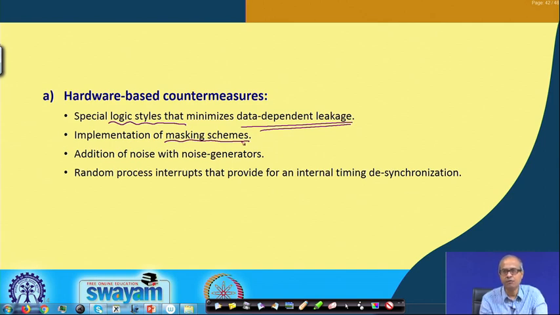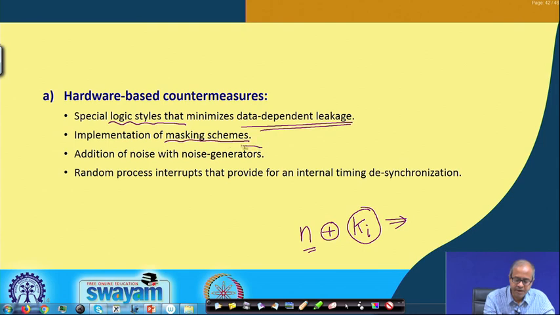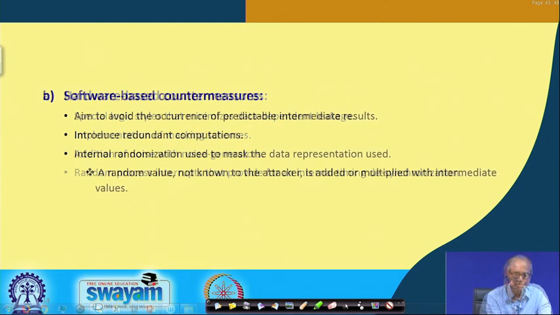We talked about obfuscation in the first lecture in this series. So, when you are storing some data, we are trying to hide it. Let us say I want to store a number n, I am not storing it as n, let us say I am taking it exclusive OR with some other value k and I am storing this. So, unless I know k I cannot retrieve n, that is the thing, or I can use some kind of noise generator. It will generate some random numbers, it will generate random power noise, random interrupts. These are some of the countermeasures.